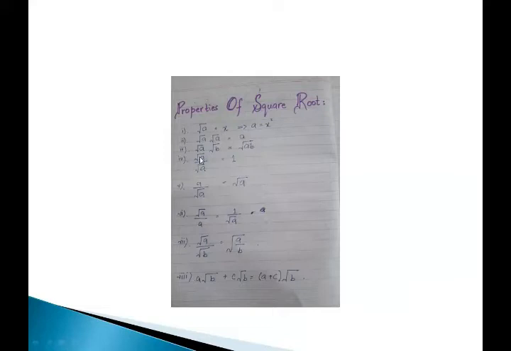The square root of a times the square root of b, any different numbers under the root, is equal to the square root of ab. It means that we have different roots, root a and root b, but we can write them along one root if they are in multiplication form. In division, root a divided by root a can be cancelled with each other, so the answer would be 1. Root a divided by root a is equal to root a.